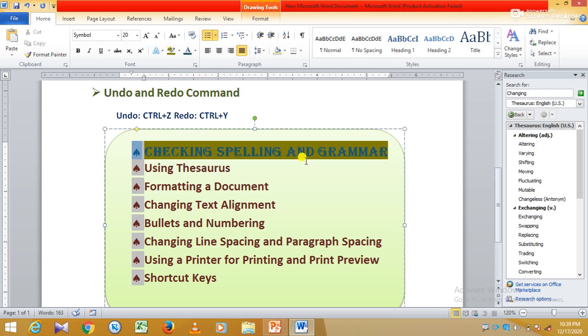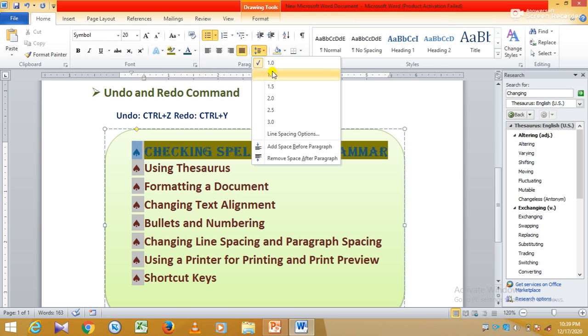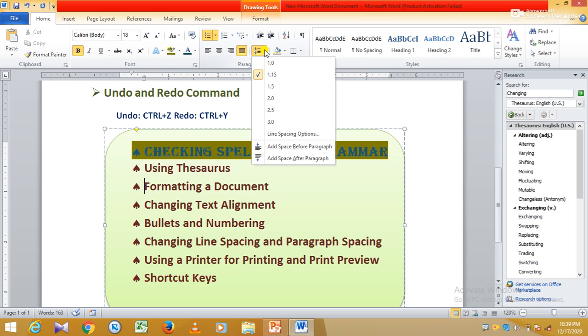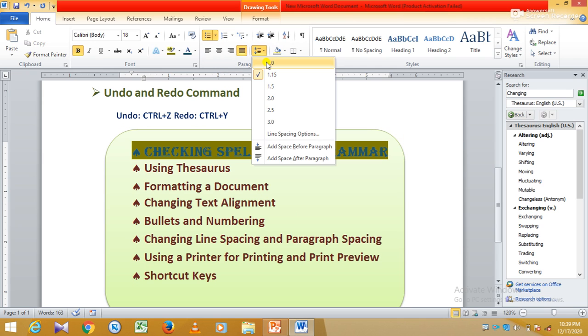Next is changing line spacing. See here, this is line spacing option. Line spacing means you can change the space between lines. Like if you want to increase it, wait, I am bringing my cursor here. Now you will see the preview, how the line spacing changes.